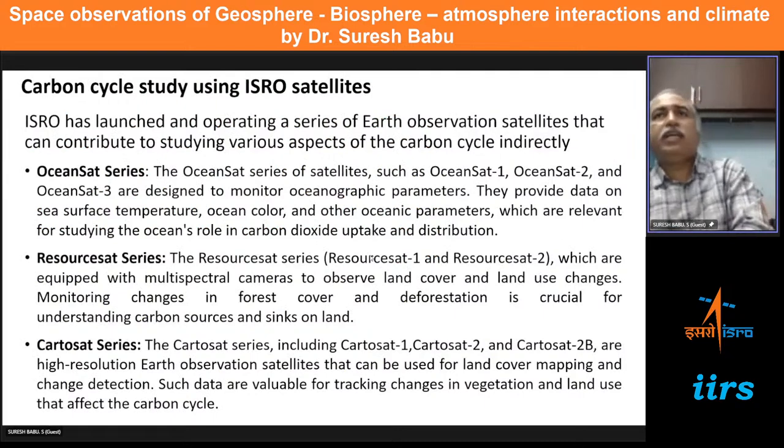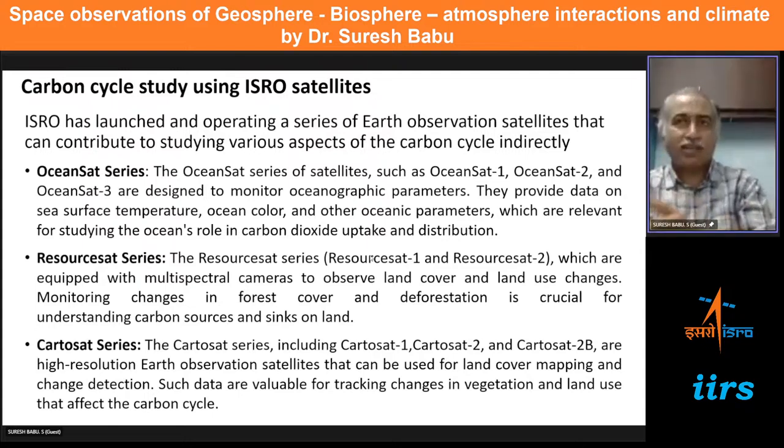Some of the ISRO satellites which are very important for this effort are the OceanSat series, which I have mentioned some time back. We know that the OceanSat series, OceanSat 1, 2, and 3, is basically designed to monitor oceanographic parameters, but they provide very valuable sea surface temperature, ocean color, and other oceanic parameters, which are very important for studying ocean productivity, which can give important information on the ocean's role in carbon dioxide uptake